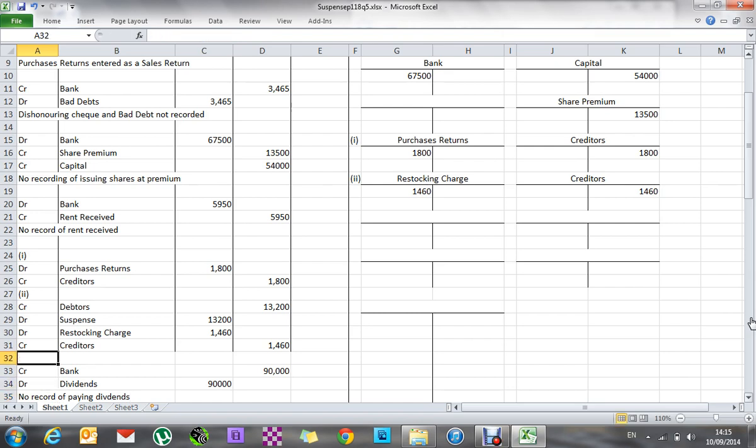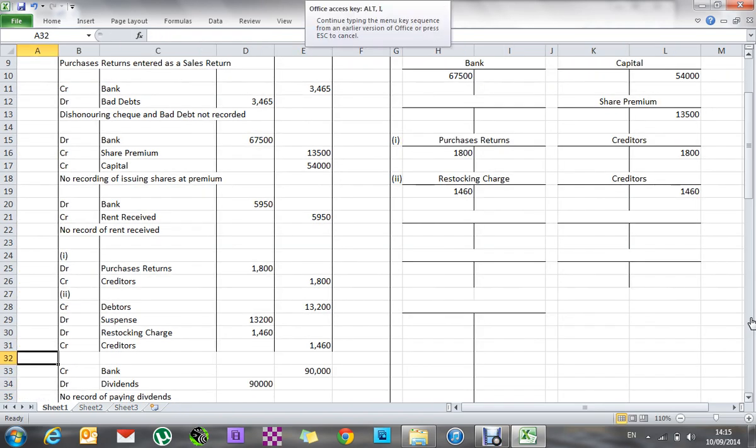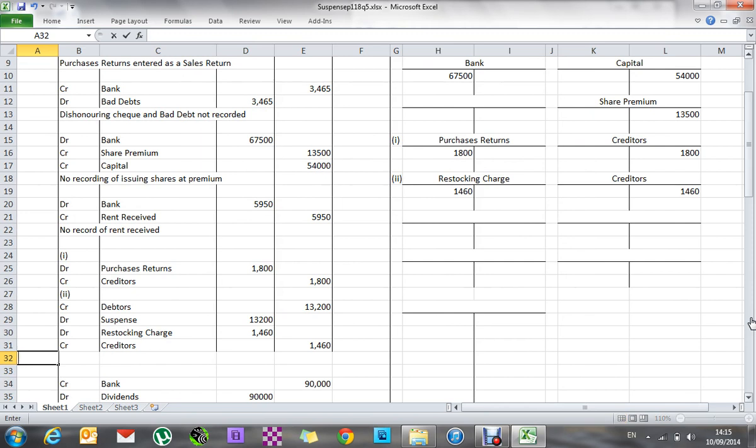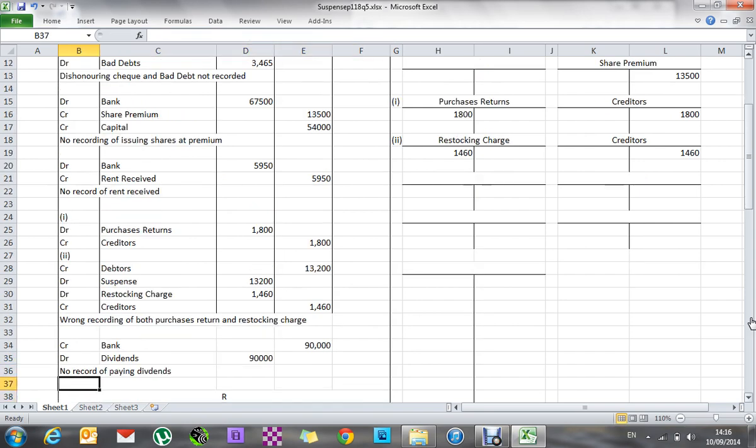And I just notice above that I never put in here the fact that I owe these people the explanation, the narrative for the previous thing. So I have, say, wrong recording of both purchase returns and restocking. Okay, so